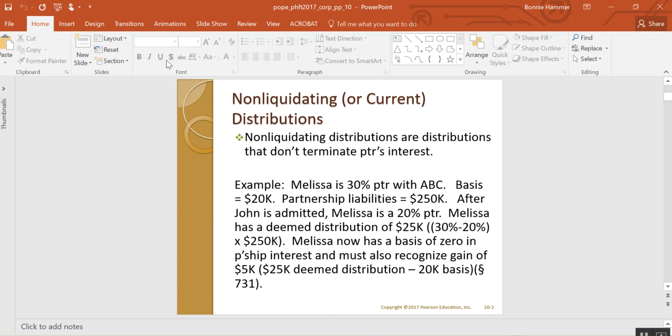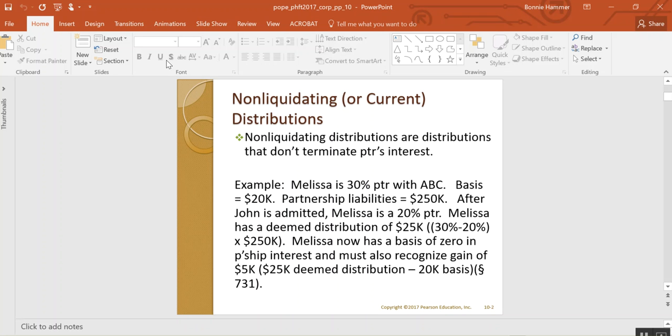You're going to see this in a couple more slides: when you need to pick up gain for some reason, if a partner has to pick up gain, you get basis for that gain. Because remember, positive items increase basis and negative items decrease basis. And there's a nice little chart in chapter 9 that walks you through how to calculate basis. You should refer back to that now and again to refresh your memory and keep yourself straight as you go through these problems.